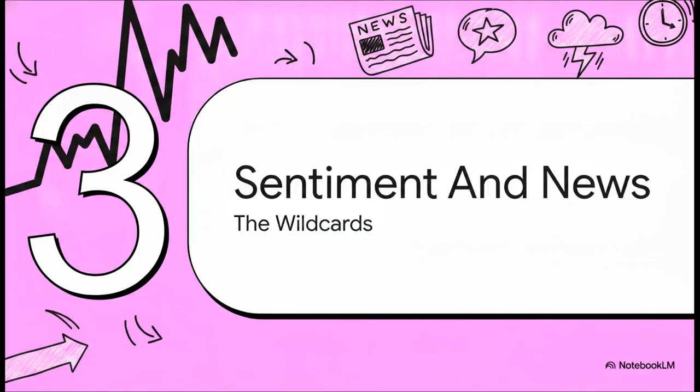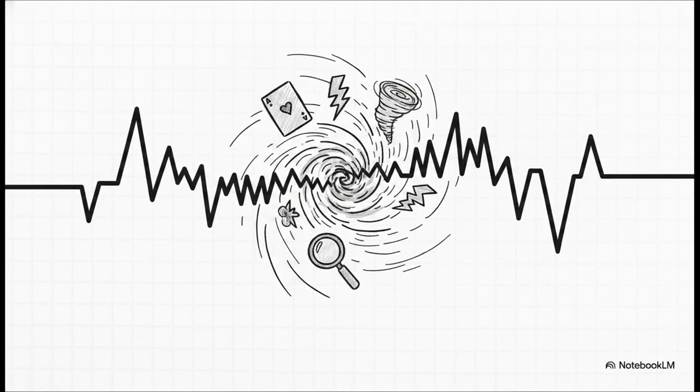All right, Section 3, the wild cards, sentiment and news. If long-term earnings are the anchor, why do prices whip around so violently from day to day? Well, that's because of these rapid-fire triggers happening constantly. We're talking mergers and acquisitions, Wall Street analyst upgrades, company insiders suddenly buying up their own stock, massive short squeezes, institutional investors rotating money between sectors, or sudden regulatory wins. These wildcards can cause massive, immediate price swings long before a company's fundamental earnings actually catch up.